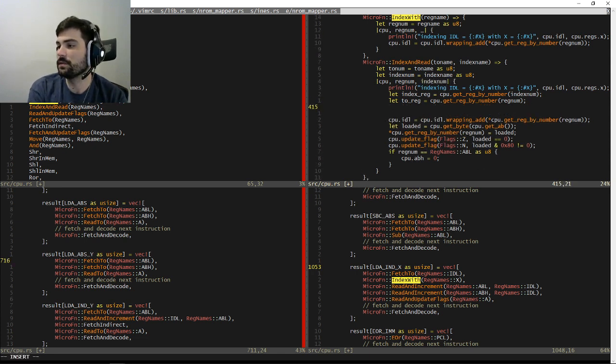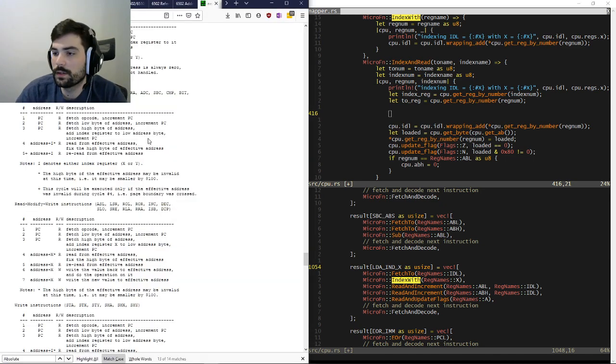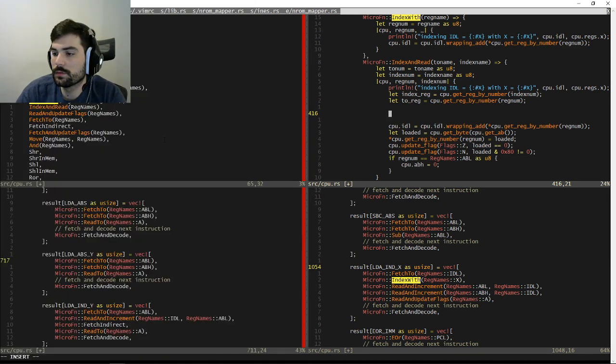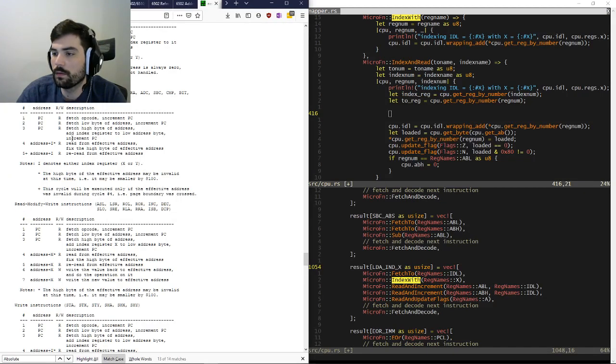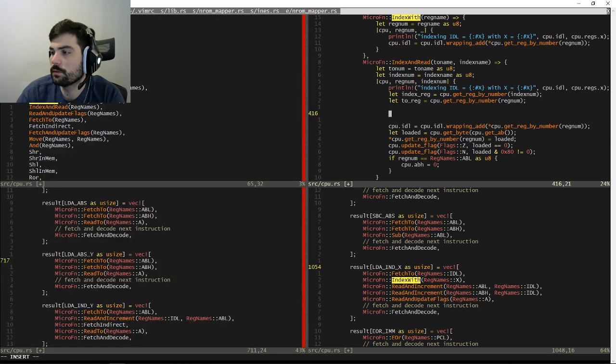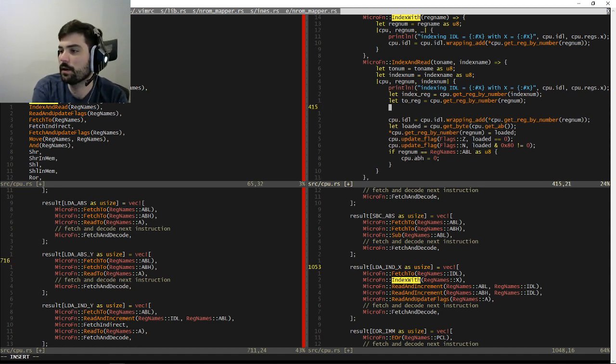Okay, so now that we have these two, what we want to happen in this cycle is, so we already fetched it, and then what we're going to do is add index register to low address byte, fix high byte, read from effective address. And then we will add one and reread from the effective address if we need to. So, okay,